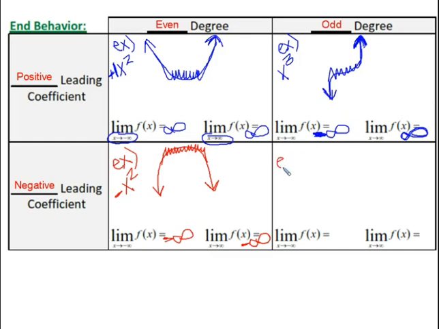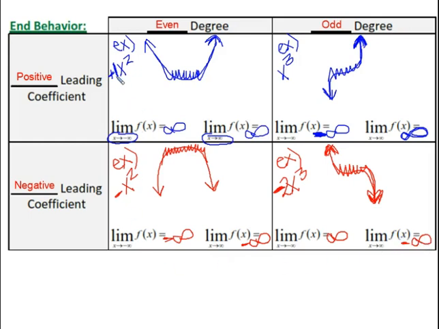Now if we flip it, if we think about a negative leading coefficient, just putting a little negative sign out front, sometimes you might have a -2, we might have that vertical stretch going on, but the main idea is that it's negative. So that's going to flip our graph, it's going to reflect it, it's going to look something like this now. And again, we might have some humps and bumps in the middle, we're not sure, but the main idea is that now, since it's flipped, it's negative, the left side is now going up, so this is a positive infinity, and the right-hand side is now going down,